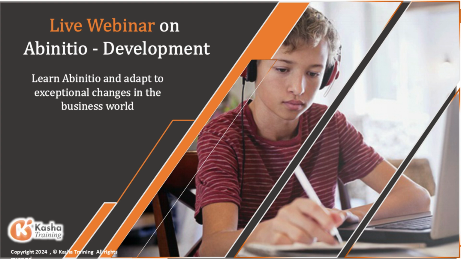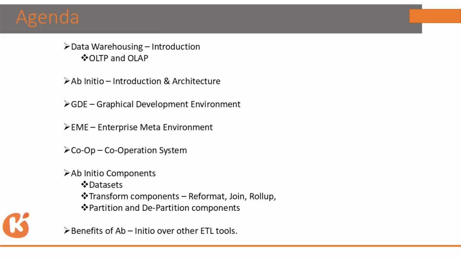We're gonna see what is data warehousing and introduction for the data warehousing, and we're gonna see what is OLTP and what is OLAP, and introduction for Ab Initio and the basic architecture of Ab Initio. And we're gonna see three important components of Ab Initio: GDE, EME, and the operating system. We're gonna see them, and various working components of Ab Initio, and lastly we're gonna see the benefits of Ab Initio